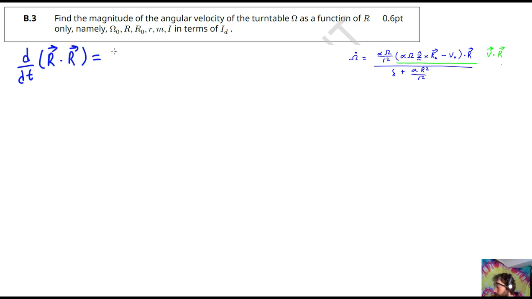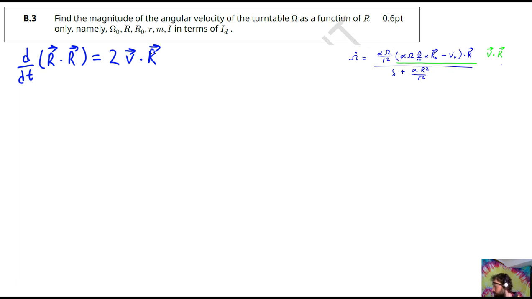So if we use the product rule here, then we're just going to get that this is v dot r. Now this is handy because the r dot r is essentially just a scalar. It's also a variable that we're allowed to have in our answer, which is really nice. So what we can then do is divide both sides by 2, then